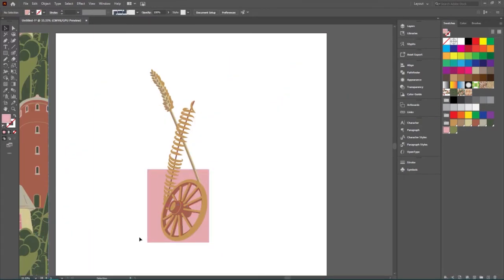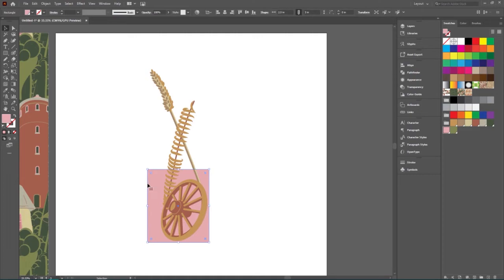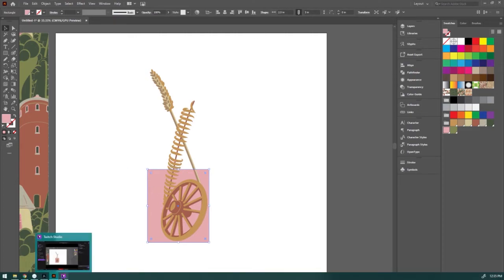Okay, so I adjusted the size in the pattern design mode as kind of like a preview to get it the size that I wanted. And then I made a square that size. So the square is 2.5 by 3 inches. And if we review